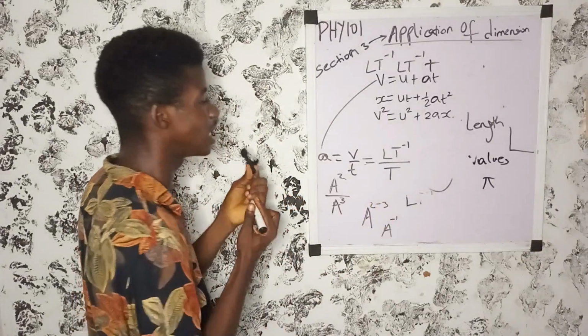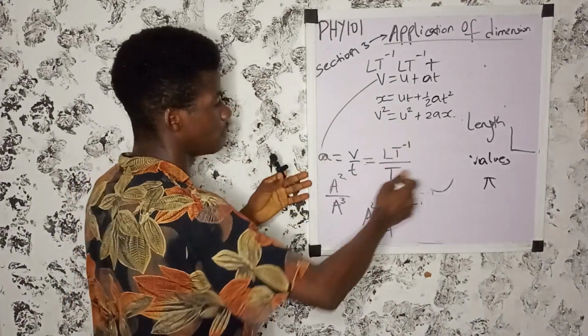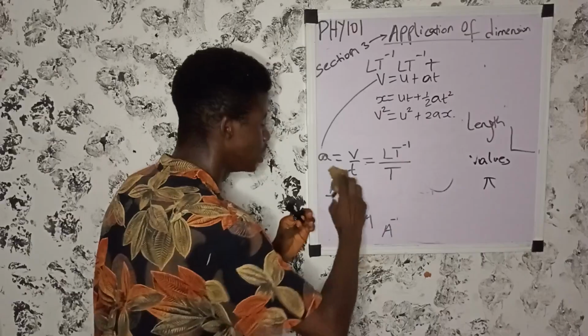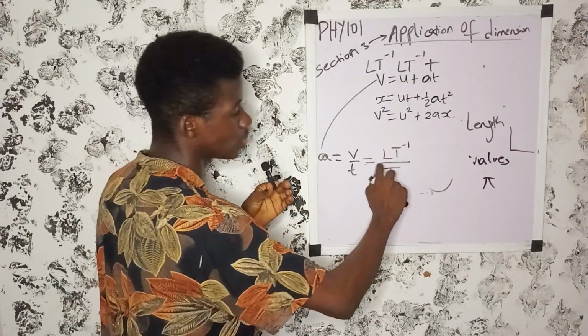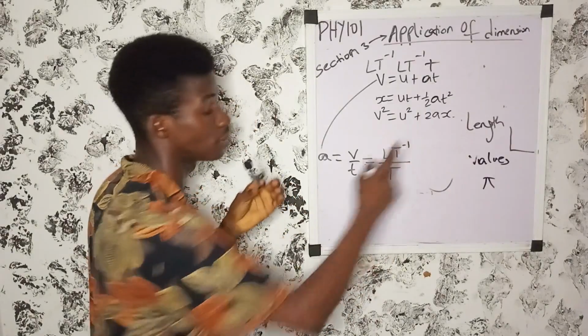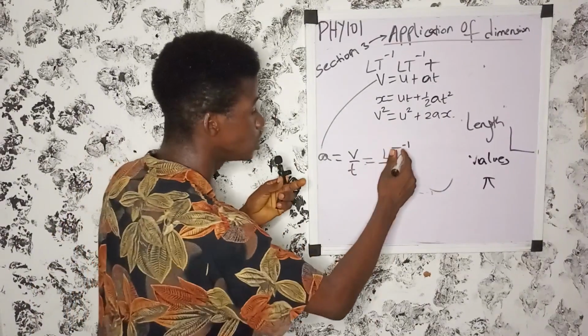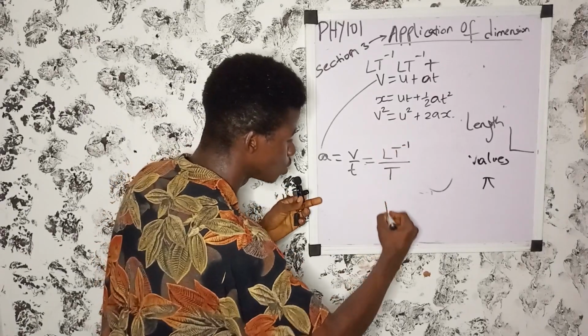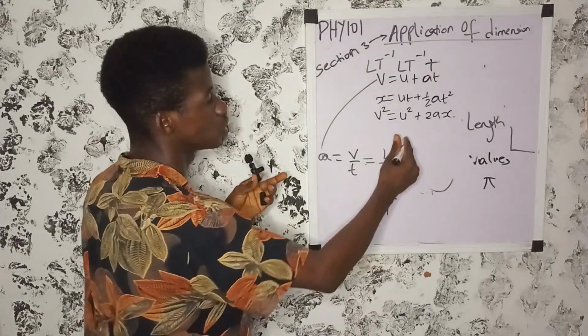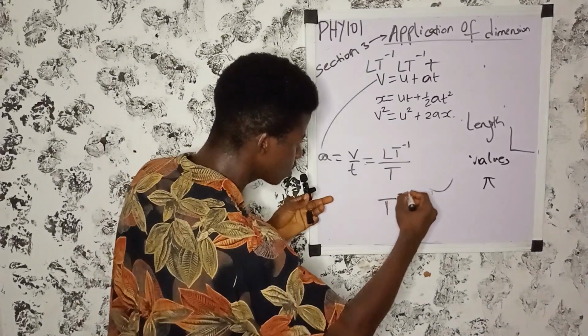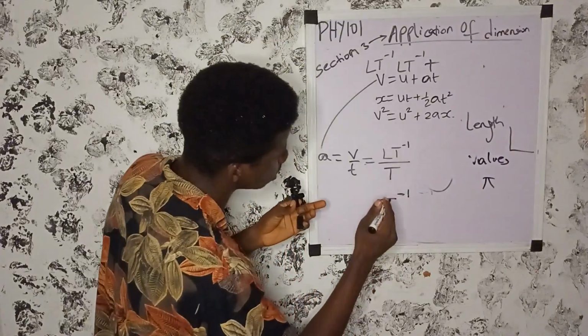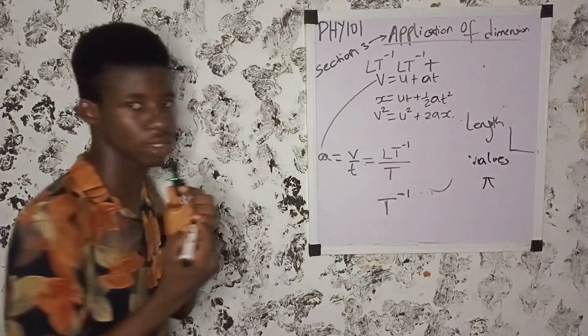Now let's go back here. If you look very well, you find that two equal bases are dividing each other, which is T raised to the power minus 1 over T. These two bases are equal, so we bring out one of the bases, then we subtract their powers. So minus 1, then